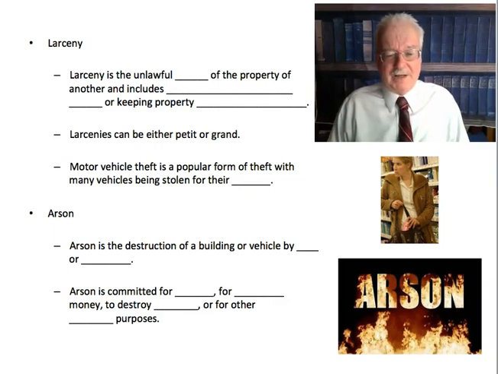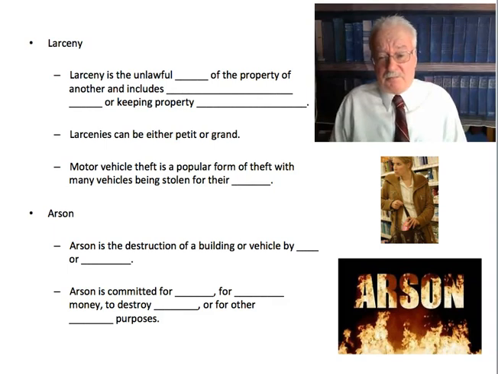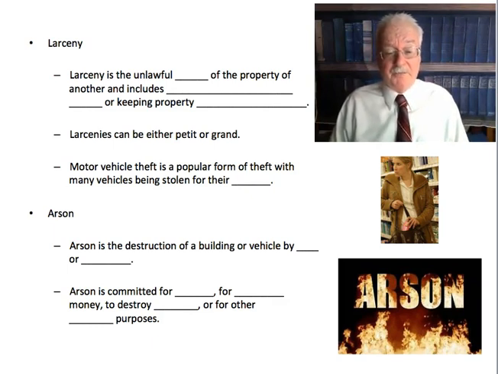Now, there are many reasons why a person might commit arson. Arson is often committed for profit. Sometimes restaurants that are failing, the owners, rather than go bankrupt, because it takes a lot of money to invest in a restaurant, they'll sneak in at night and start a fire hoping to collect the insurance money. So it's committed for insurance money.